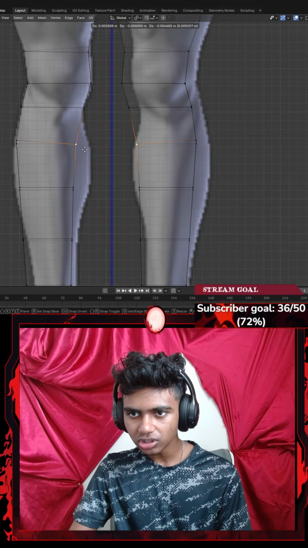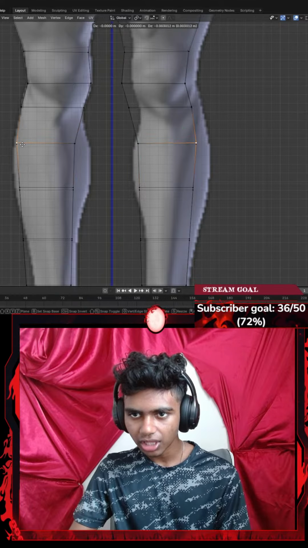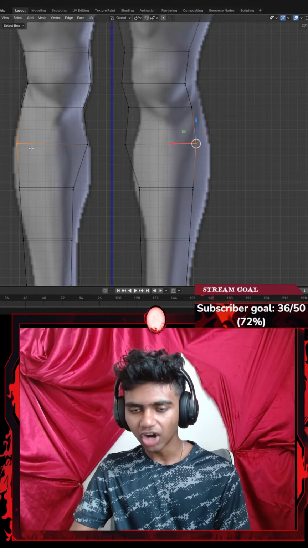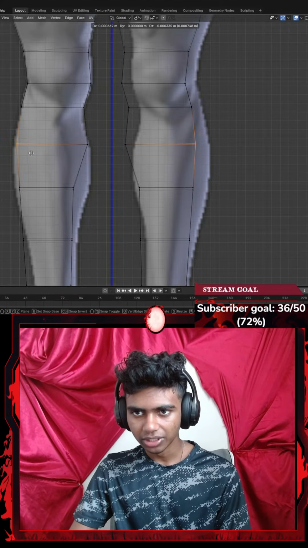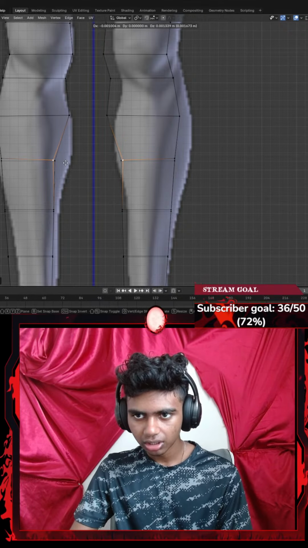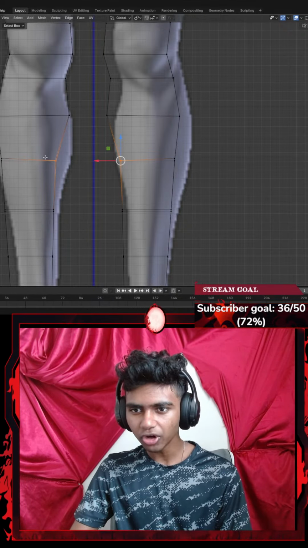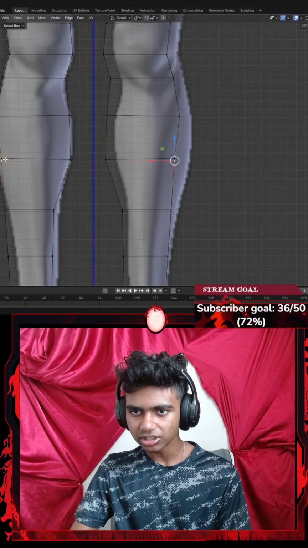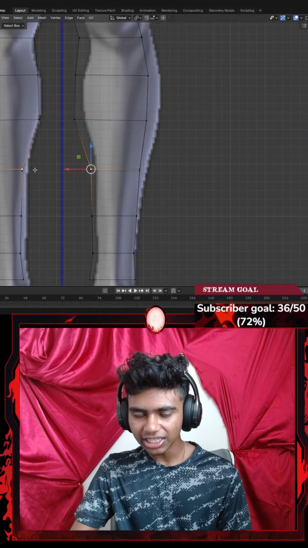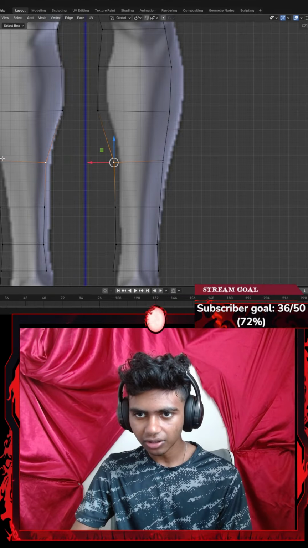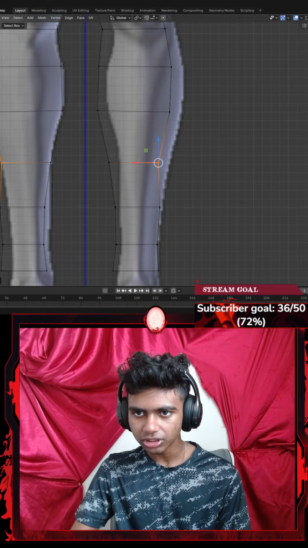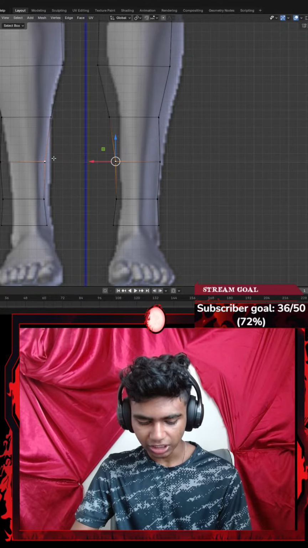Okay, let's go with G to get that a bit lower. Let's go with G to get that a little lower. Now, I'm gonna go ahead and extend this a bit from here. I forgot what it's called. I think it's called the gap region. Then I'm gonna go with G to extend that from here as well. Let's go all the way there. Let's go with G. There we go. Okay, now I'm gonna go ahead and select this. Let's go with G, go a bit back. Let's select that. Go with G, get that a bit lower. Okay, I'm gonna go a bit in front. Okay, I think it's actually going pretty good. There we go. Let's go ahead and hit G to get that a bit lower as well. I'm gonna move a bit backwards. Gonna get this a bit closer. Okay, this is actually turning out much better than I expected.